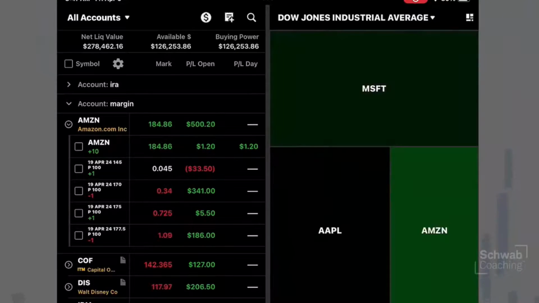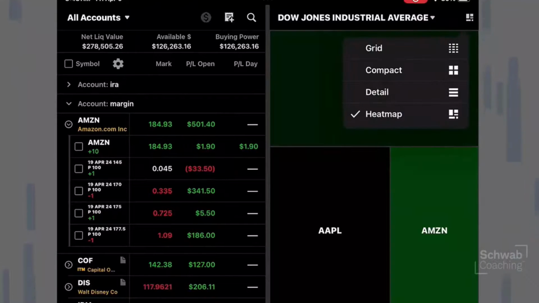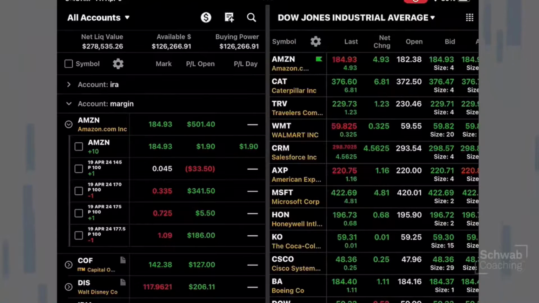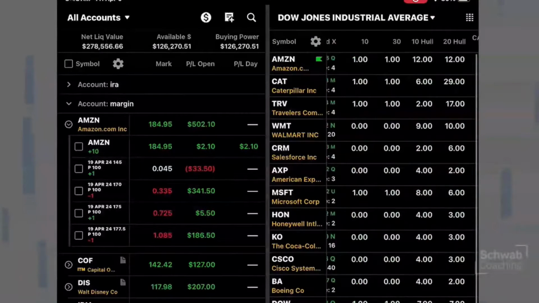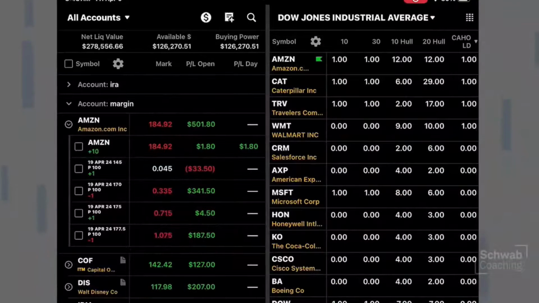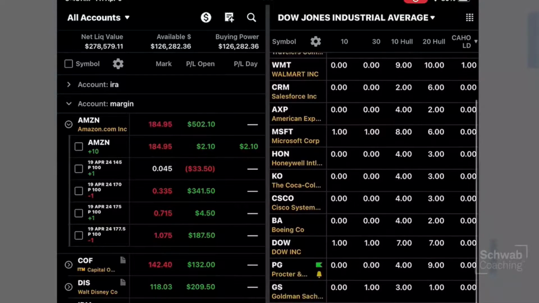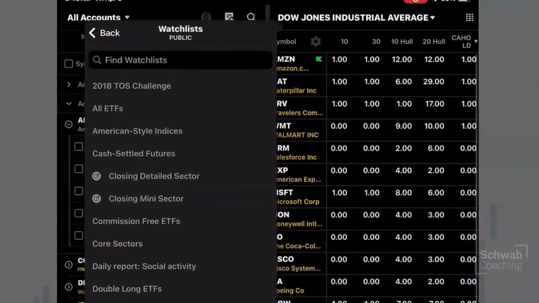And what you're going to notice is just like we have on the desktop, if we said of all the Dow stocks, which one is the strongest so far based upon color, it is Amazon, okay? Now, I'm not going to get into this right now, but you can also make column headings like we do on the desktop, and you're going to see that we have columns like 10, 30, 10 hold, 20 hold to the right-hand side, and really that's showing us what we see on the desktop version as well. We'll get into that. It's pretty interesting. Okay, now, how do we actually change it, though?